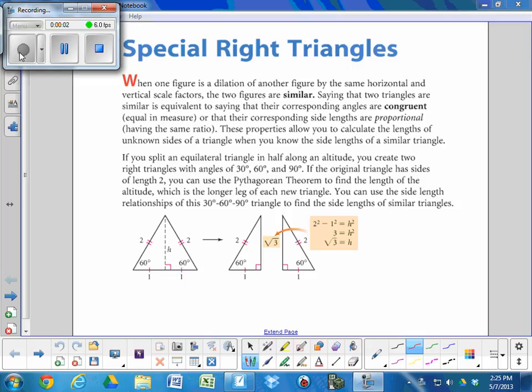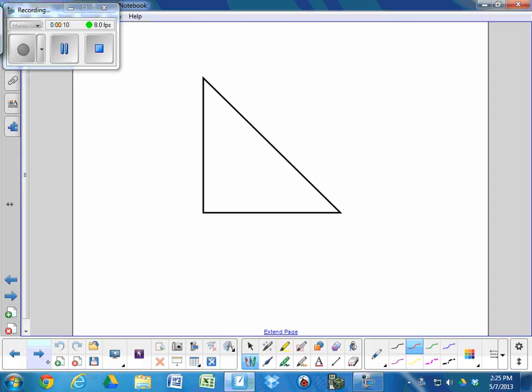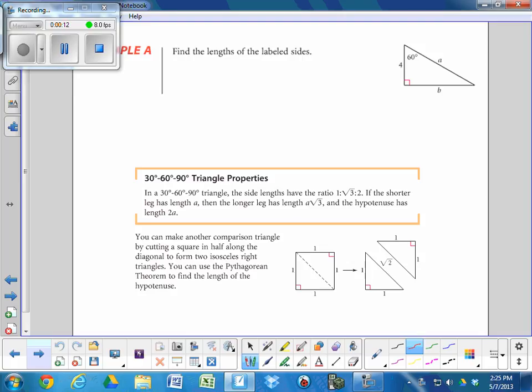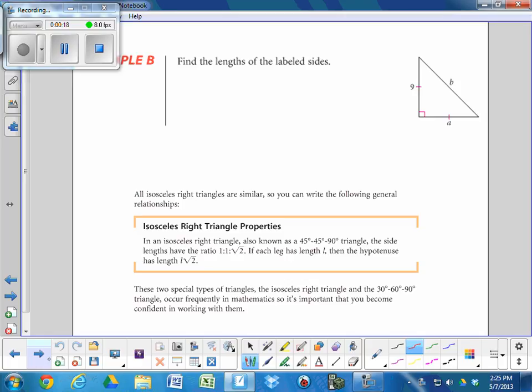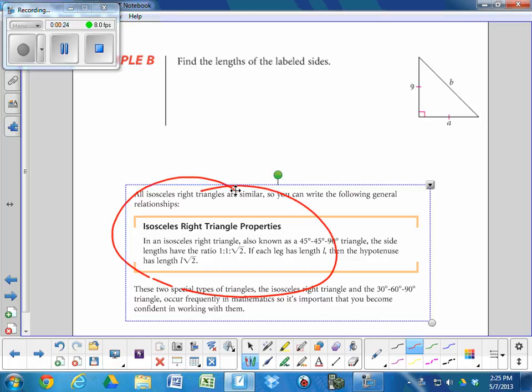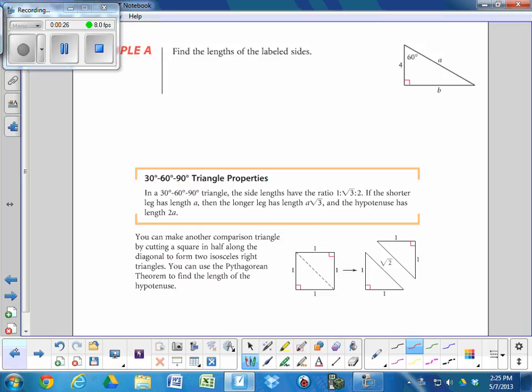The purpose of today's lesson, Special Right Triangles, is to explain to you why the rules exist for what are called 30, 60, 90 right triangles, which right here on your handout you see the 30, 60, 90 triangle properties, and the 45, 45, 90, also known as the isosceles right triangle properties. Why these two theorems are what they are. So what I'm going to do is go back through,